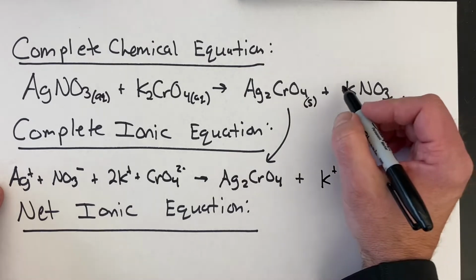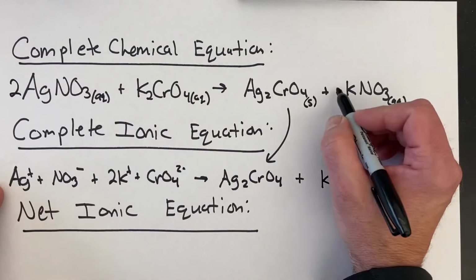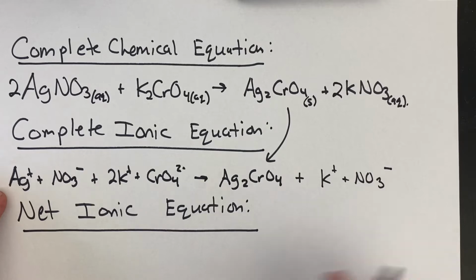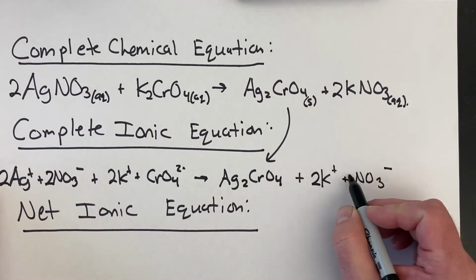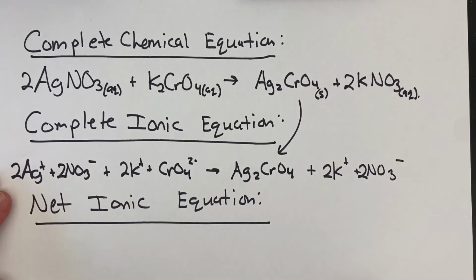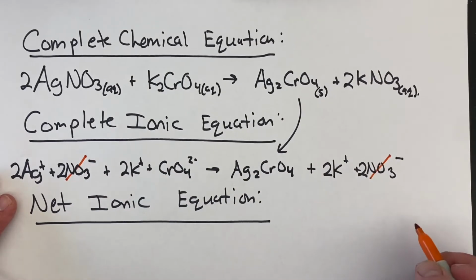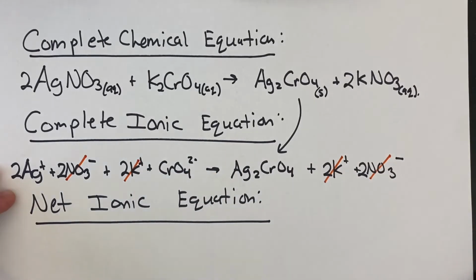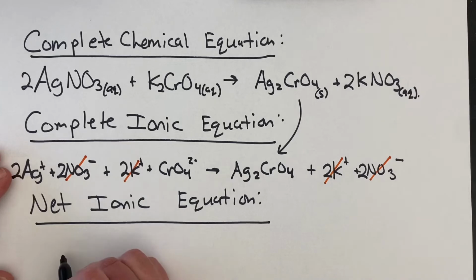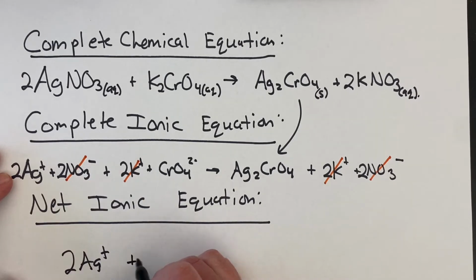Once again, I completely forgot to balance the equation at the start by putting a couple of 2's there, which means that we're going to need a 2 there, and a 2 there, and a 2 there, and a 2 there. And finally, to get to our net ionic equation, we are going to cancel out and get rid of the loser ions that did not pair up with anybody. That includes nitrate, which starts by itself and ends by itself, and potassium, which starts by itself and ends by itself. That makes our net ionic equation 2 Ag+, keep that 2 along with the Ag, plus the chromate,